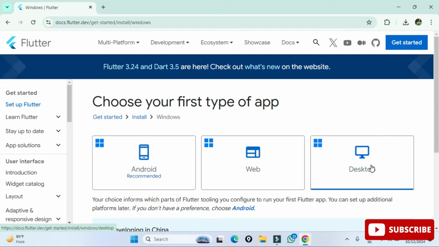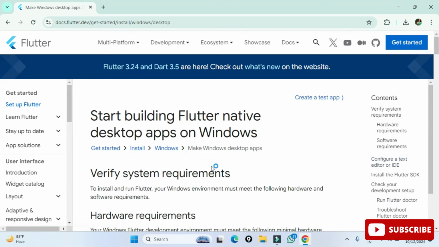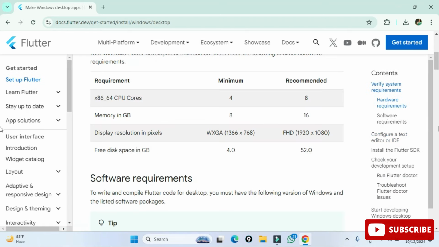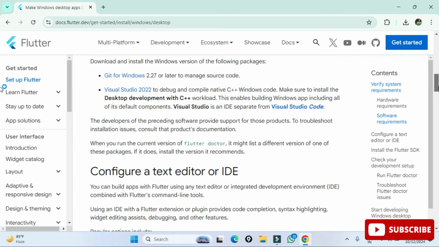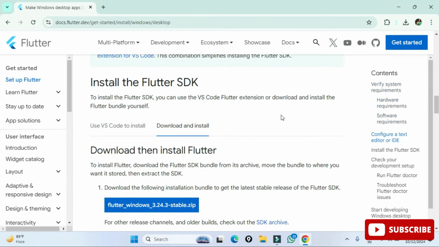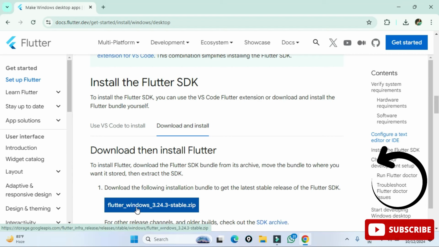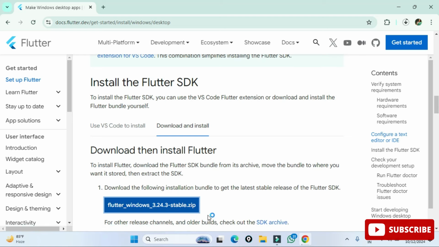Once you click on this Windows tab, it will redirect you to this page, and here it is showing the prerequisites or requirements. Here we are not having an exe file, we are having a zip file. So just click on the button to download this zip file. This is the stable version which it is showing. If you are seeing my video after a few months, then it may differ. I have just clicked on this button and it has started downloading the zip file.